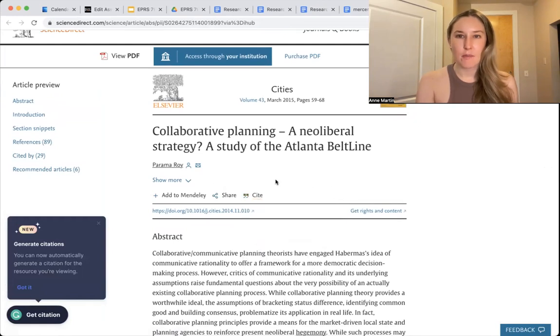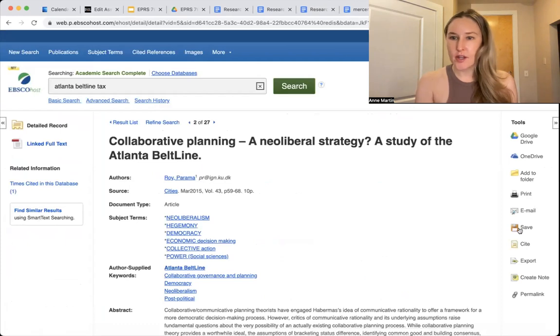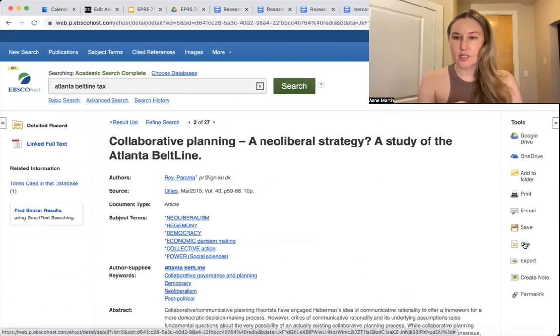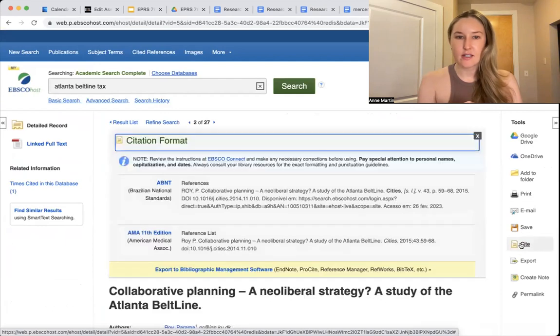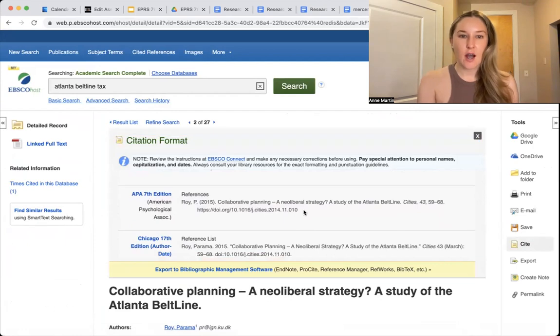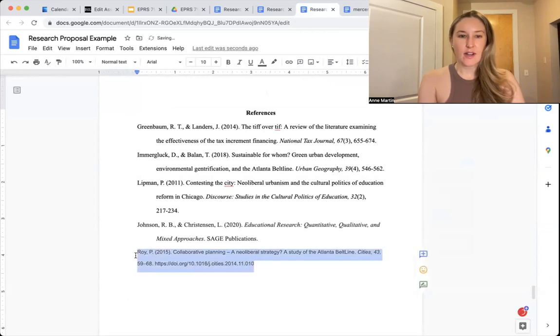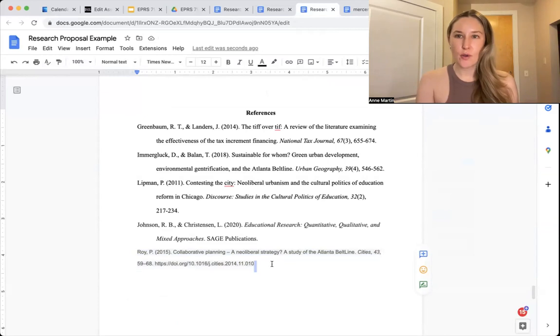sometimes it gives you the option to copy and paste, and Google Scholar does a great job of that. I don't see that here, but if you go back to your database and you click on the article, you see over here a menu, you can see cite, and then you can just copy and paste. So we are doing APA citation style, so you can copy the citation and then go to your research proposal. It will be in alphabetical order. You can paste that there and then fix the formatting to match. So that is how you can find those